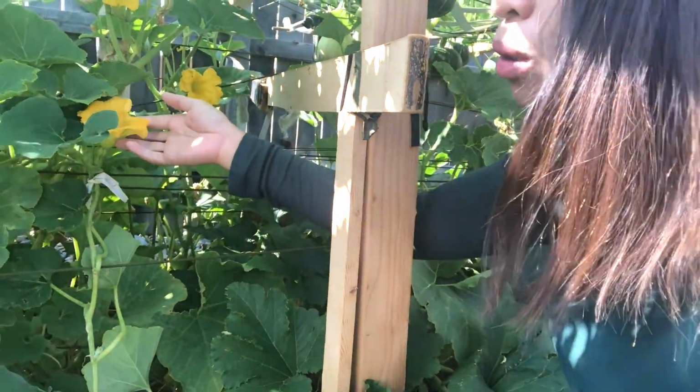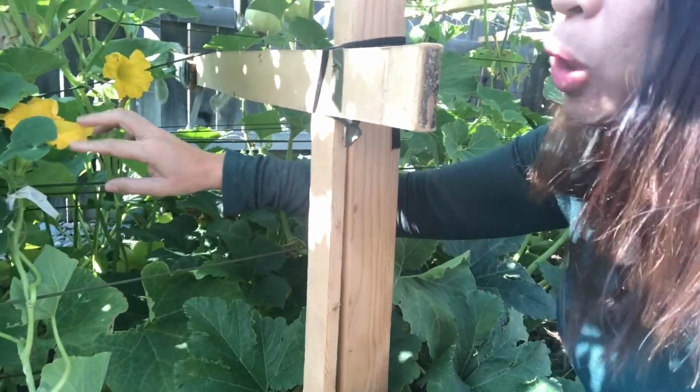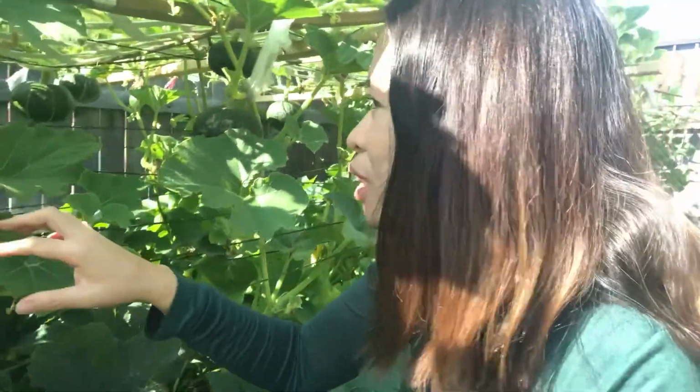You can also see these in the supermarket, that you can buy these squash flowers, and they're edible. You can put them in a salad or steam them. Some people eat them fresh, just washed, and some use them as garnish for salads or any dish, to have a nice presentation for a meal. So as you guys see over here,